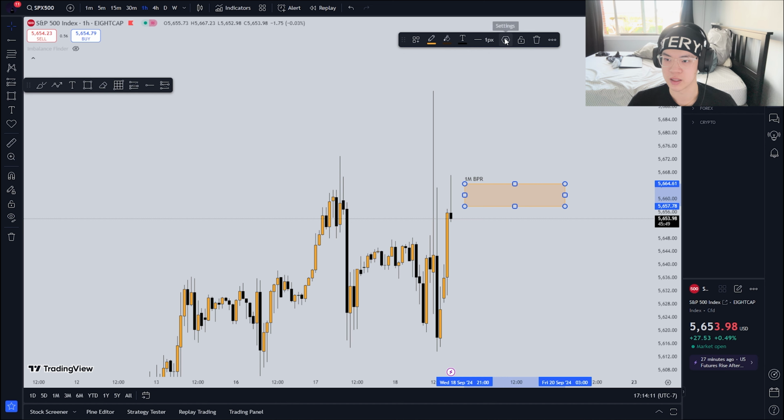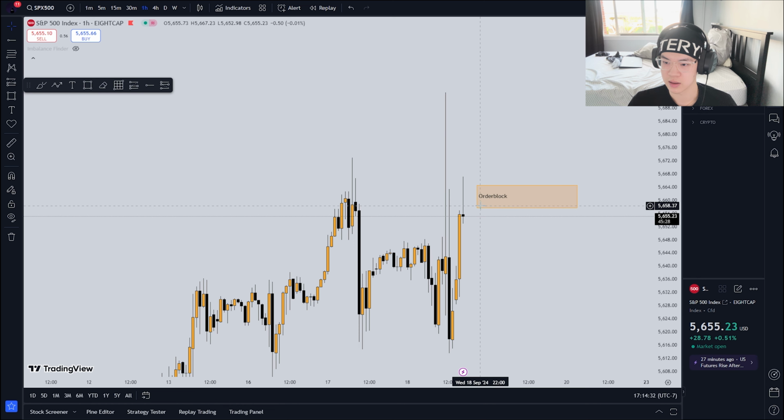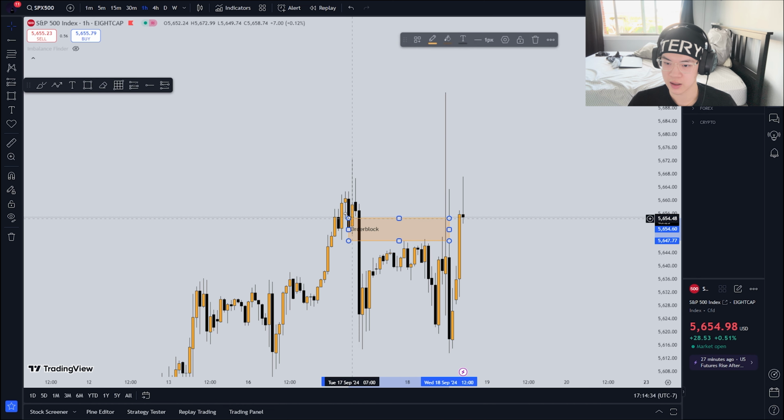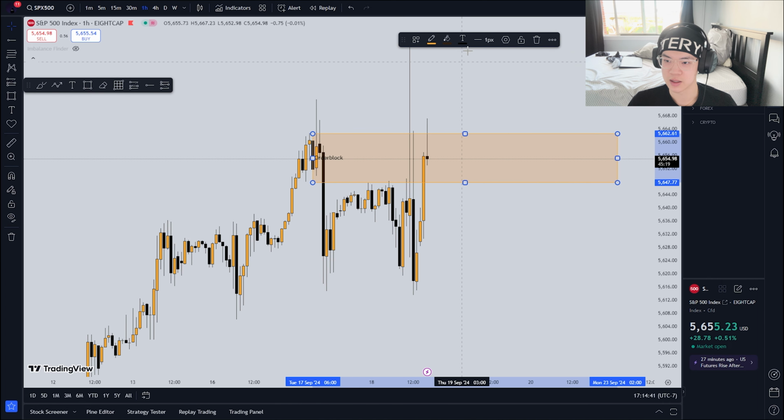Same, pretty simple. All you gotta do is go to settings, text, enable text, write down your order or your customization. Oh my god, I can't type. And then I personally would keep it in the middle, maybe to the left, and then I'll do this like an order block or something like that, and then I'll put it right over here, and then boom. But honestly, up to you. And then make sure to save it at the end